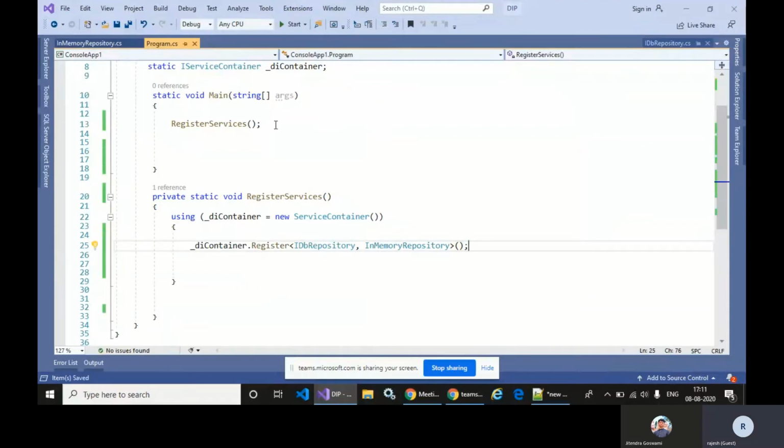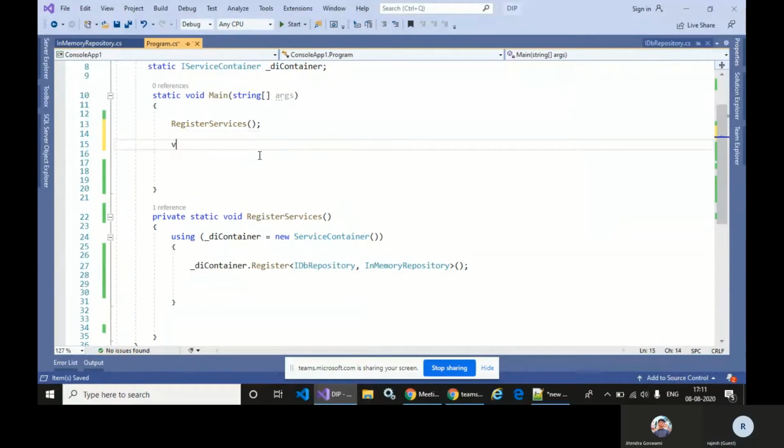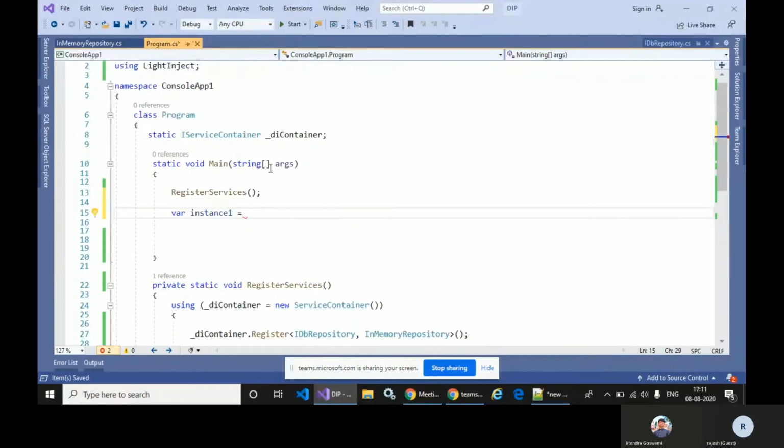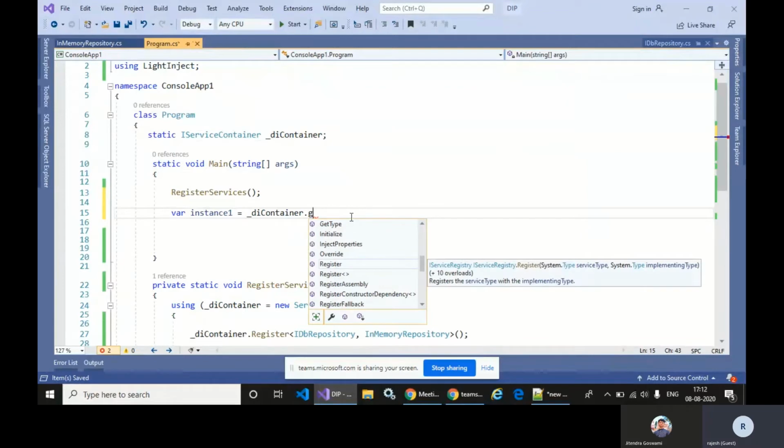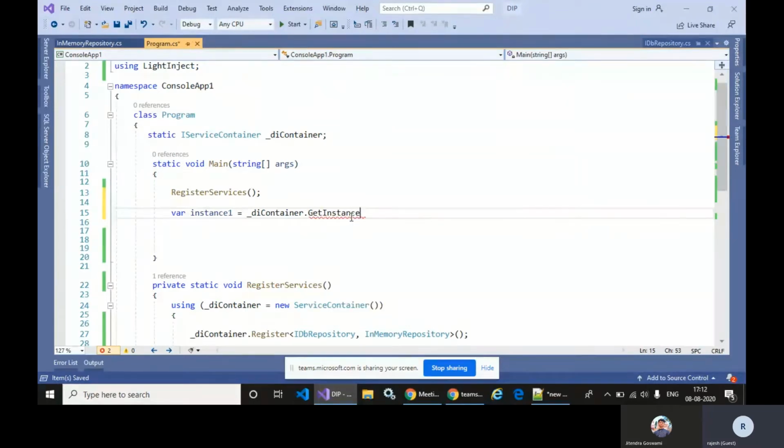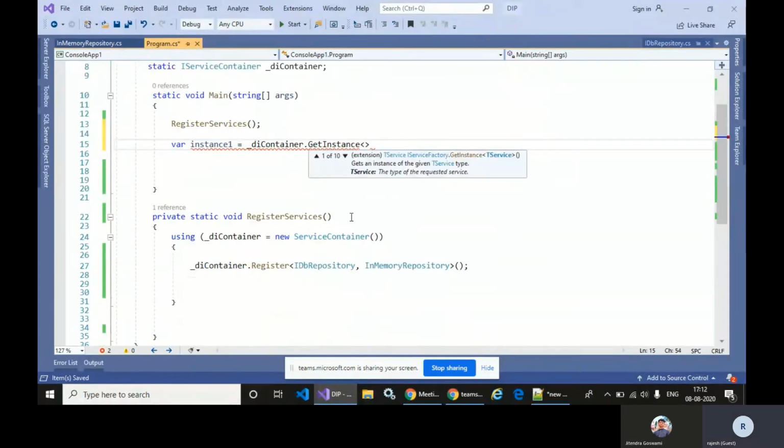Now I am going to create the instance of that service. I have taken this IServiceContainer instance as static, so I can access it in a static method. To get that instance, we have to use the GetInstance method, again a generic method.